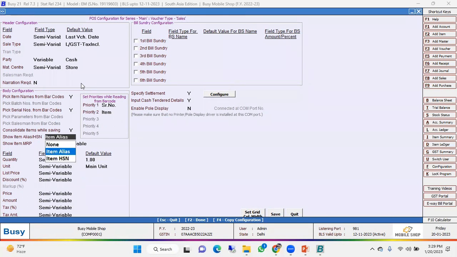Show item alias HSN code. So if you want to see the column of item alias and HSN, you can select the options. Show item MRP, you can enable, and other fields also. After that, suppose if you want to specify the additional amount in bill sundry, you can enable bill sundry details,